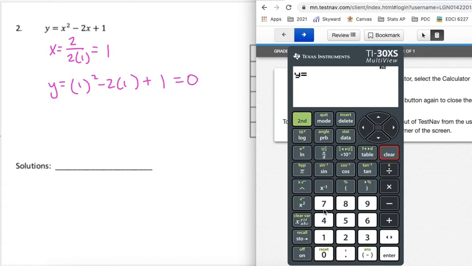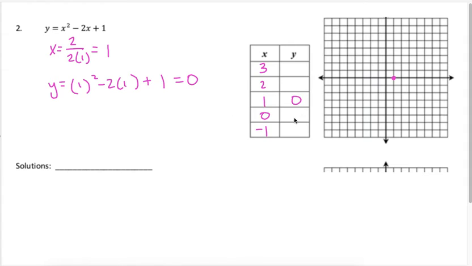So table, clear that out. We have x squared minus 2x plus 1. Enter. Let's start at our x of 1. Okay, they gave us the 1, 0, and then it's going to go 1, 4. Now, some of you might have already seen that as soon as I plotted that, that was our x-intercept. As I keep graphing this, go over 2 up 1, 0, 1, go over 3 up 4,